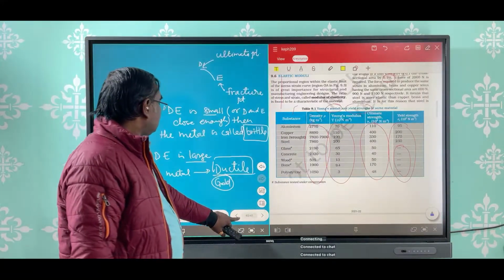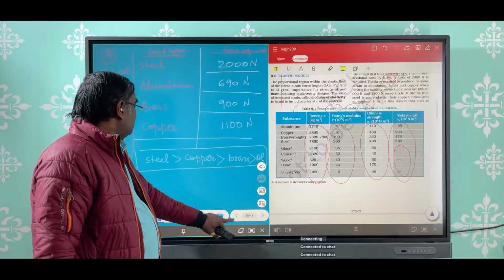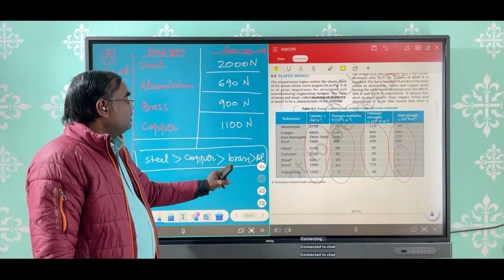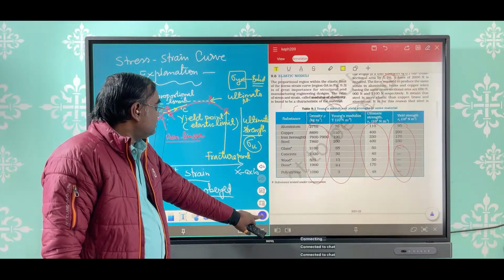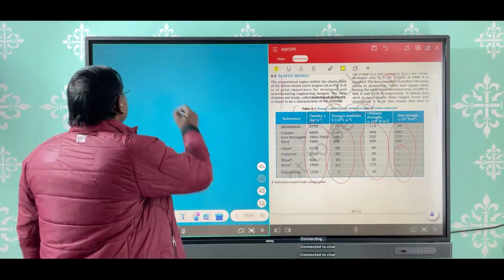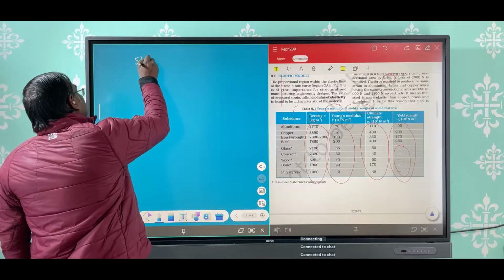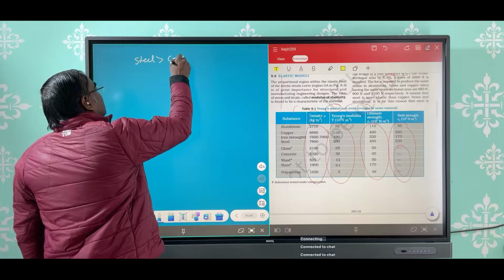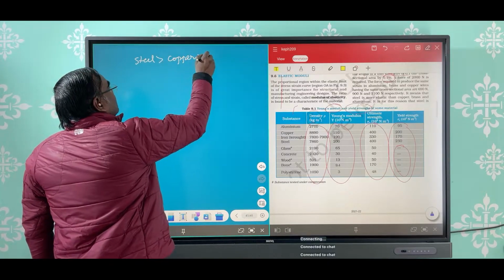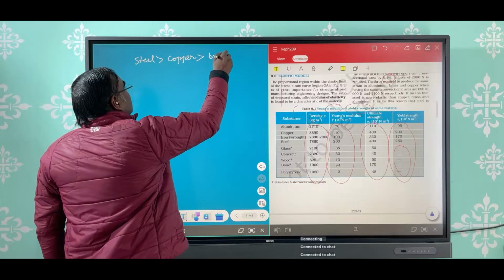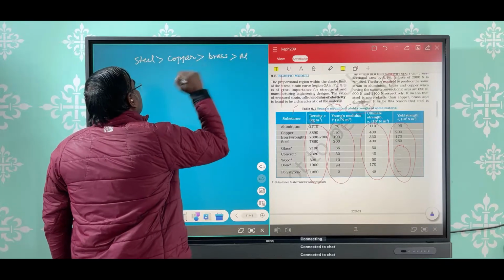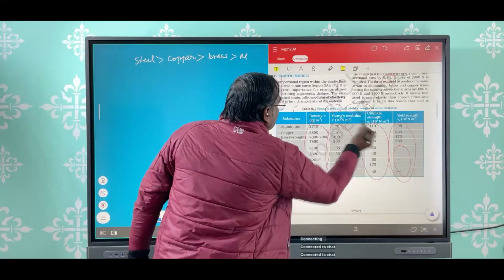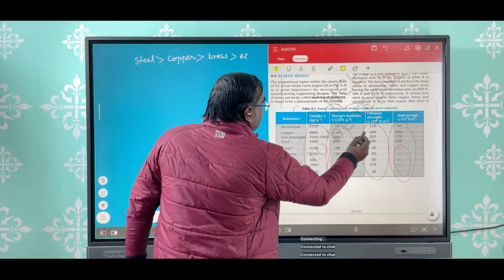अभी देखिए आपको, स्टील मोर इलास्टिक देन कॉपर, कॉपर मोर इलास्टिक देन ब्रास एंड देन एल्युमिनियम। ये चीज हम लोग डेटा समझ लिए थे। अब देखिए हम फिर से इसको लिख लेते हैं, steel more elastic than copper, than brass, than aluminium, ये ठीक है।